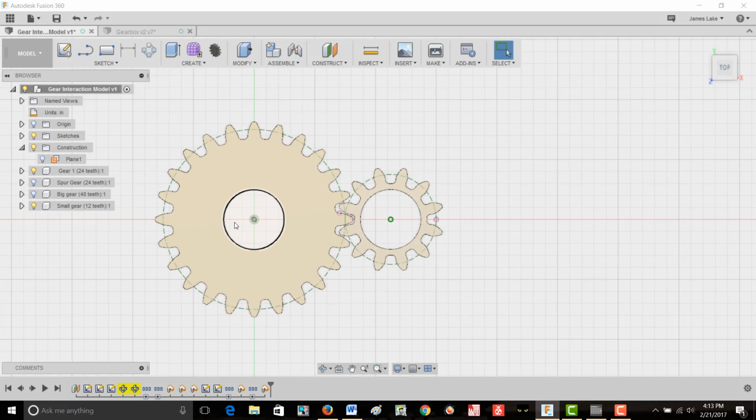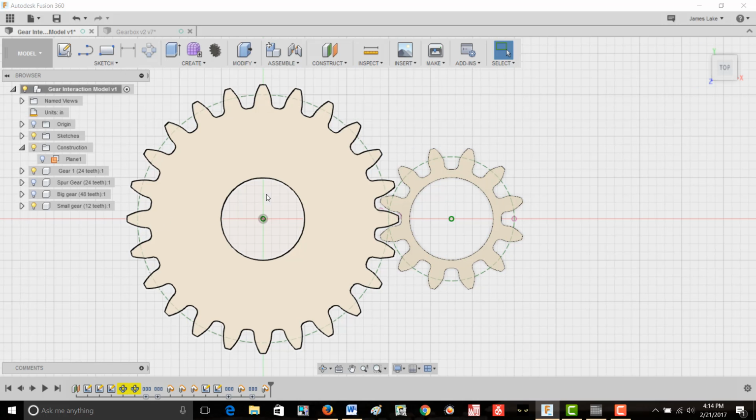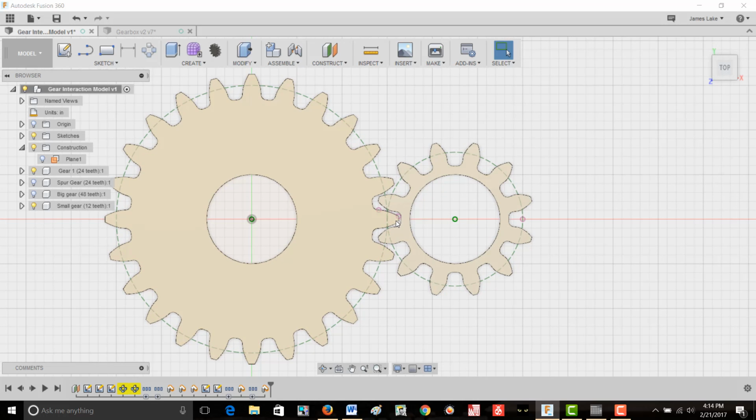Here we have a small gear. This one has a pitch diameter of 0.75, 3/4 of an inch. And as you can see, it's very small. It's also considerably weaker than the larger gear. This particular idler has 12 teeth, but again the diametral pitch is still 16, so the gears actually still mesh